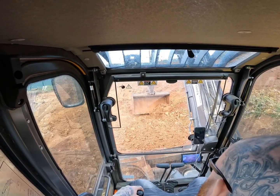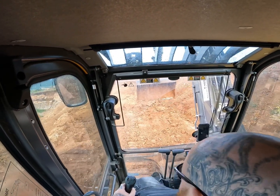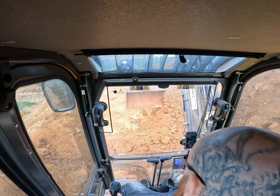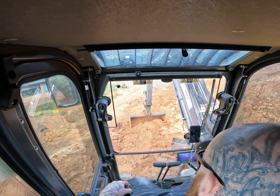I can get it back to the shed, and then I don't know whether I cut in or keep cutting from the top. I'll probably cut from the top, it's easier for me, but I just don't know if